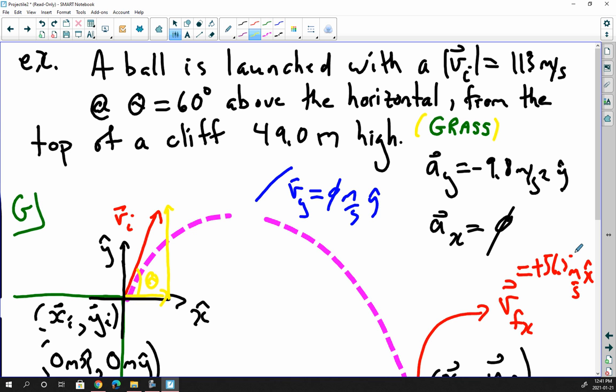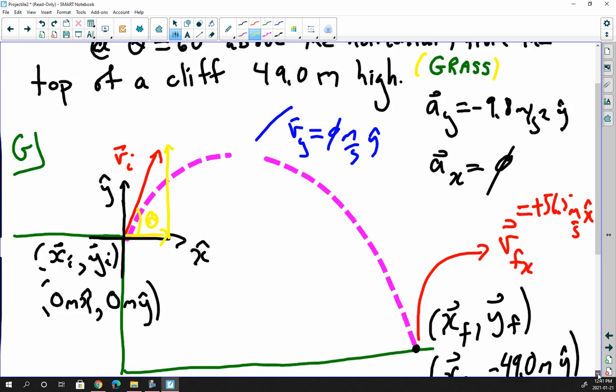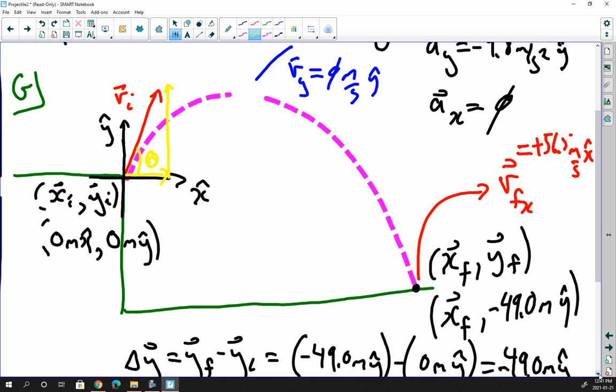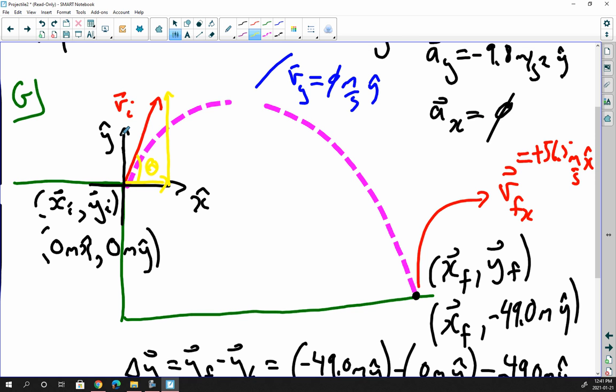Very important to organize yourself, very important to draw a diagram. So let's do that right now. I draw the diagram, I make an X and a Y. So here's your X and Y right here. And from here, the object is shot up with an initial velocity that was given to us, 113 meters per second. And I consider this spot right here to be the initial position of the object, X initial, Y initial,